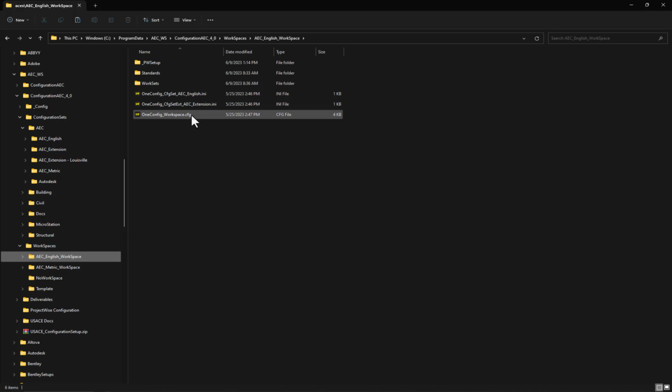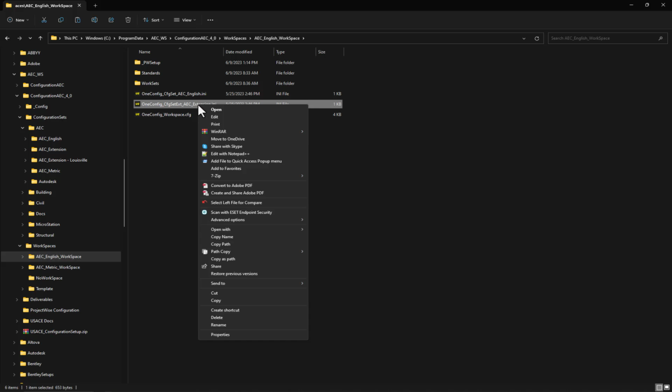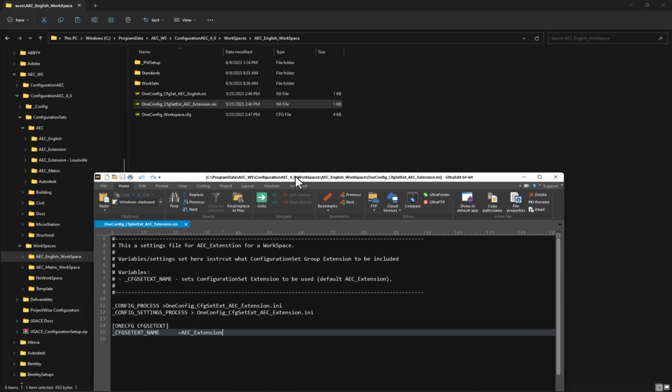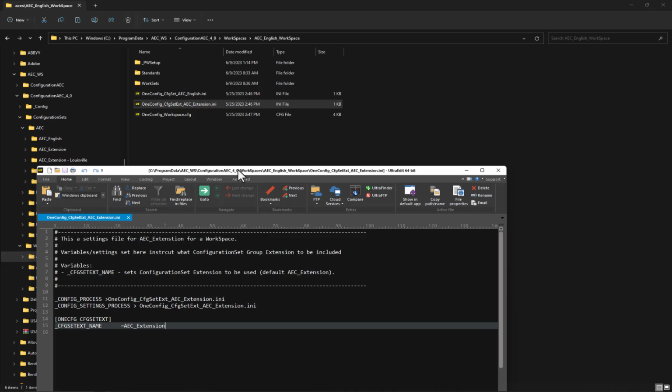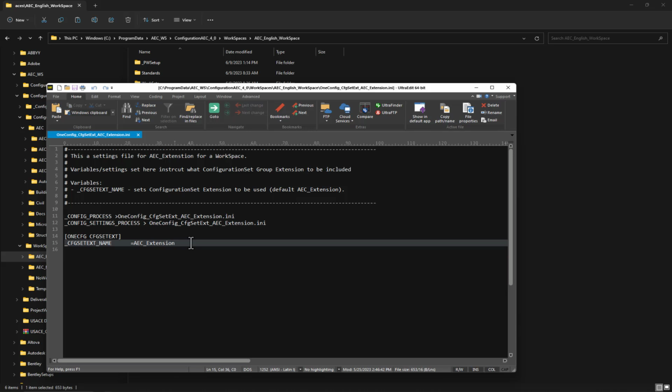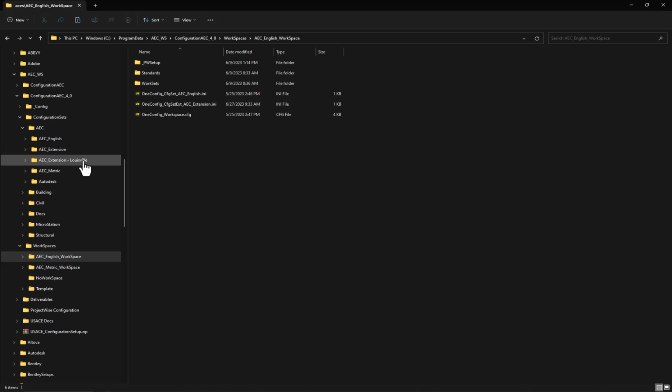There is an INI file that loads the extension. And so you would edit this text file. And instead of having the name AEC underscore extension, which is what we had originally called that, we're going to add this, space dash space Louisville here. And then save that. And what that will do then is load this extension before the information in the workspaces